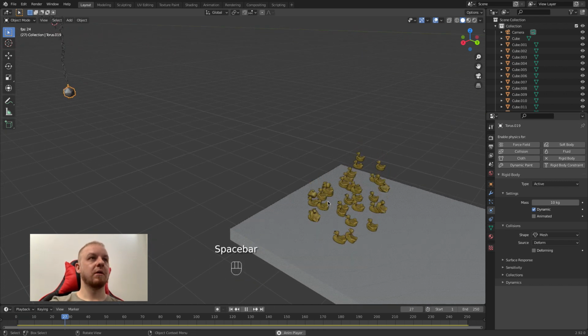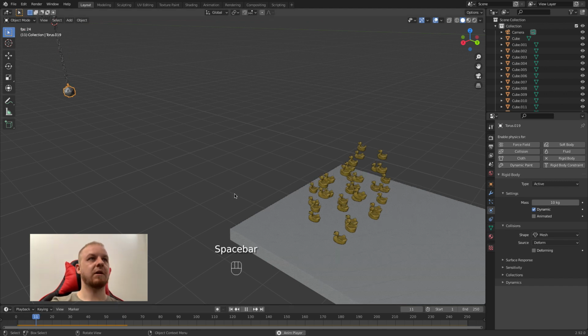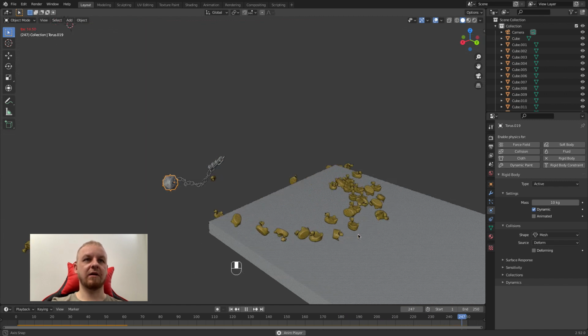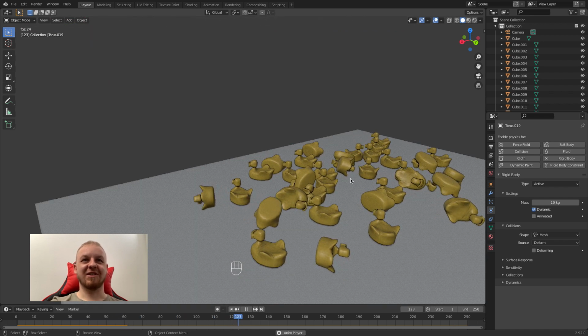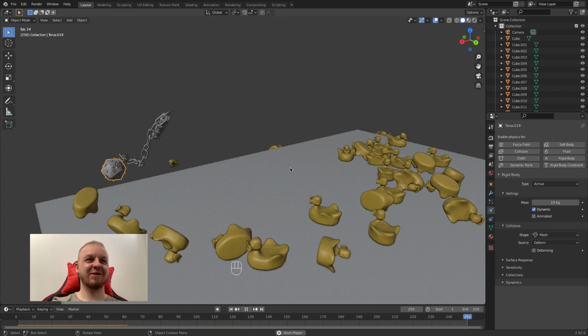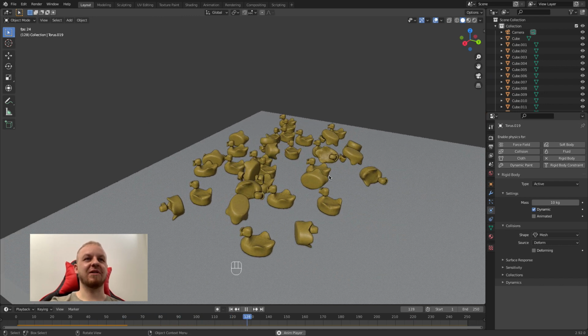So okay, let's make sure it's on the first frame and simulate. Okay. It will also affect the swinging motion, so it may be different, but as you can see, yeah, the impact is way bigger and the ducks are smashed like, you know, it's better smash. Yeah, they are flying and rotating like crazy, and this is pretty much what we wanted to achieve in this